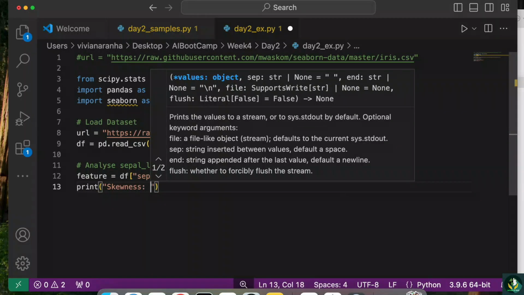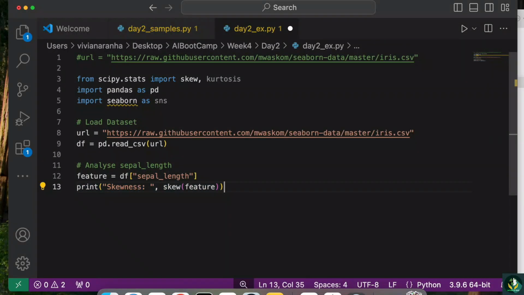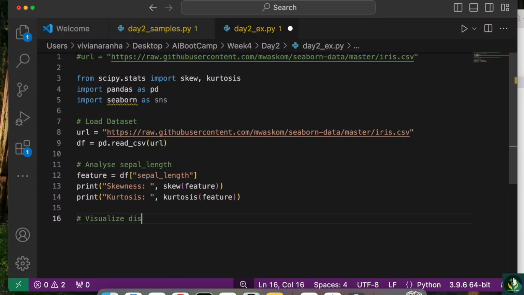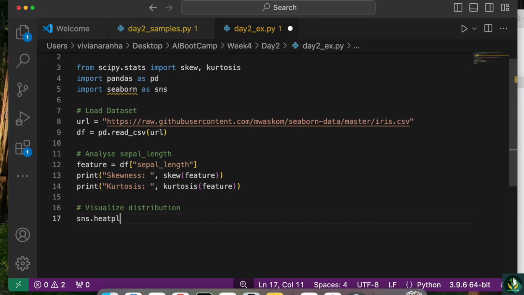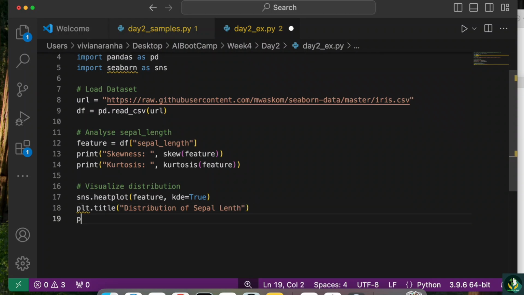Okay, sepal length. Next, I am going to print the skewness. We never calculated it, but you can directly calculate it here. You can say skew, and inside that give the feature. Similarly, for kurtosis, I can do the same thing: kurtosis of feature. That will give me kurtosis for this feature. Now we want to visualize this. For that, I will say sns.histplot, and I'll pass feature as the first parameter, and set kde to True. Next, I am going to say plt.title equal to distribution of sepal length,